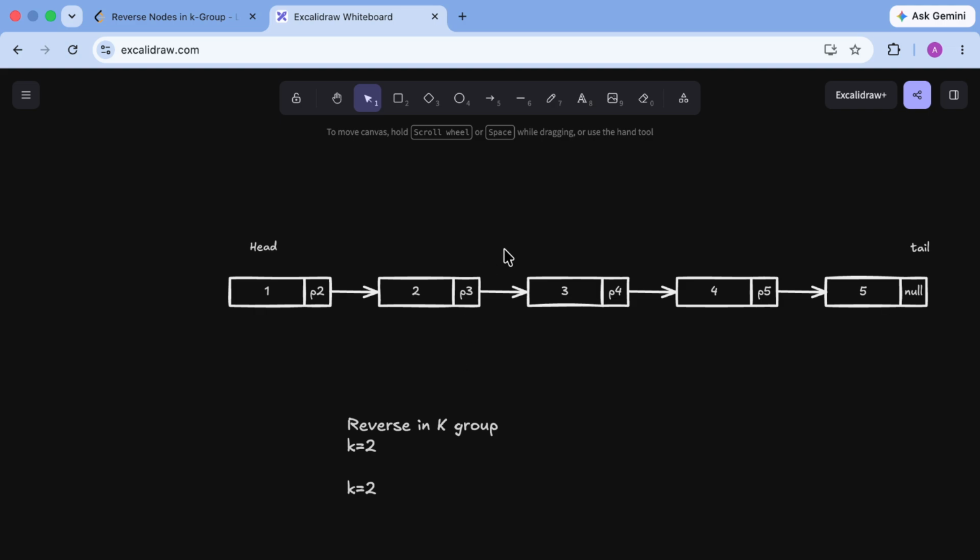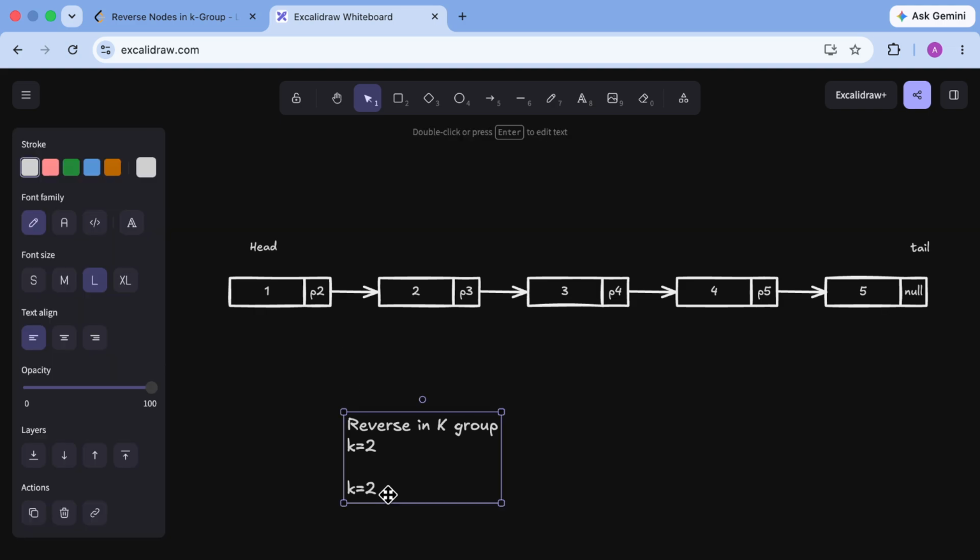Let's break down the problem. Don't think of too many nodes in the linked list. Let's think of the base case. Suppose there are fewer nodes than k,